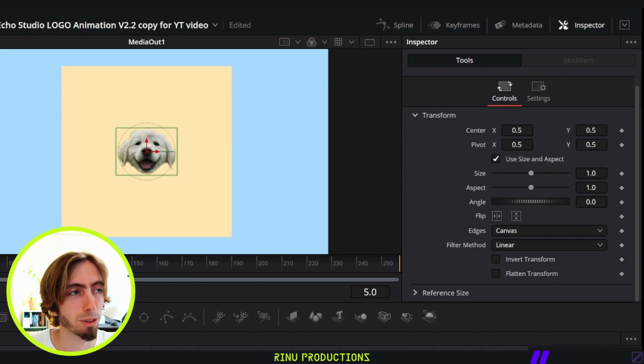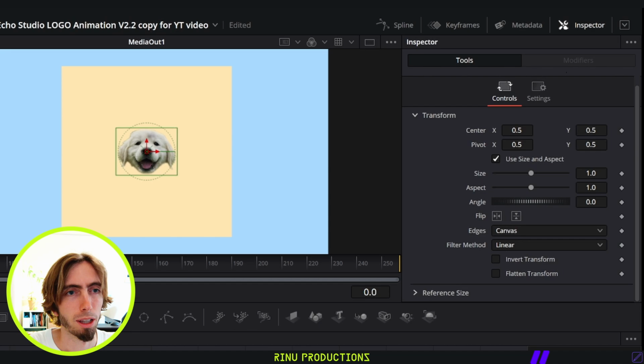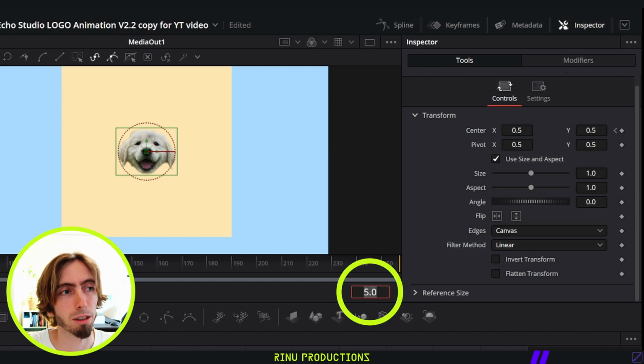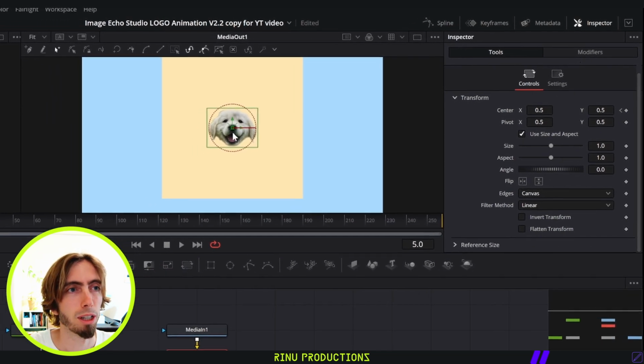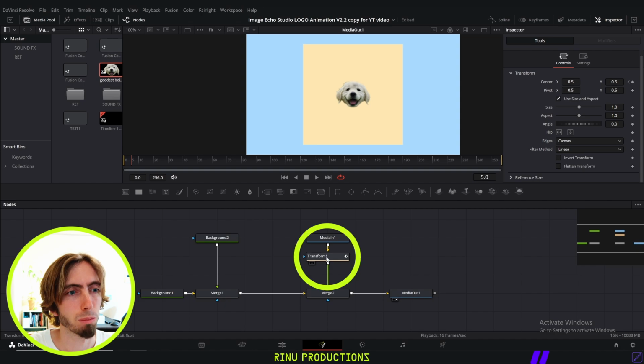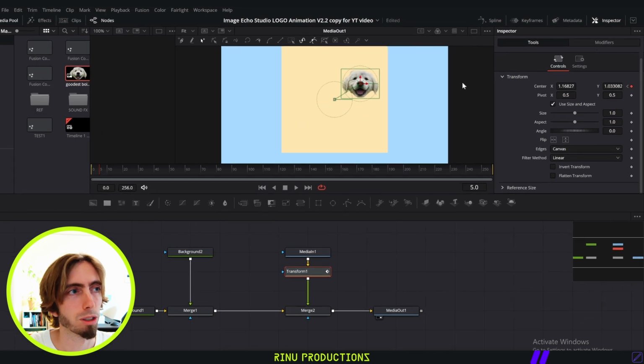Cool. So transform, click on that. We're gonna start at frame 0. Oops. And we're just gonna create a keyframe by clicking on this keyframe tool here. Now we're gonna go forward 5 frames, which you can see the frame counter here. That can be useful. You can click in there and type what frame you want to move to, if that suits you. And then, oops, you can click on this to move him around,